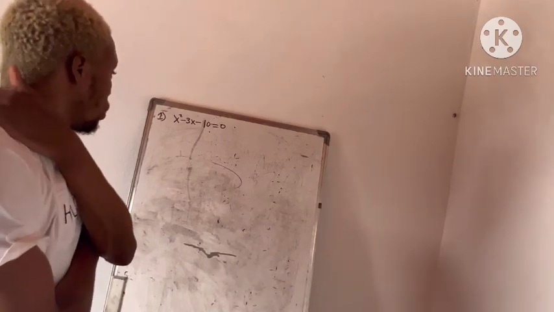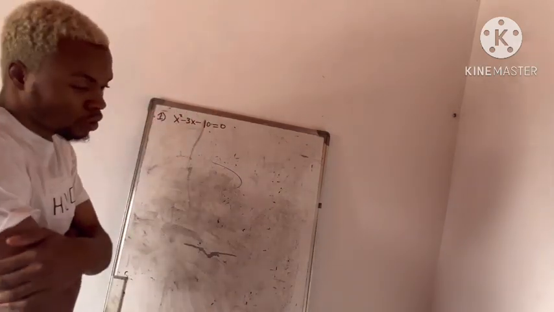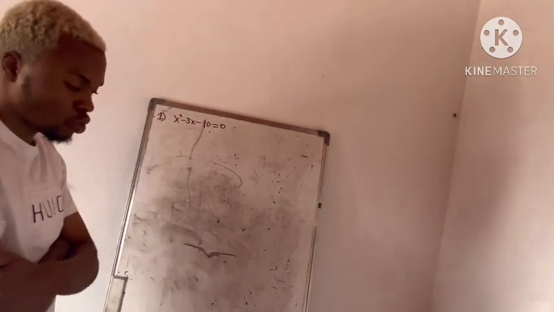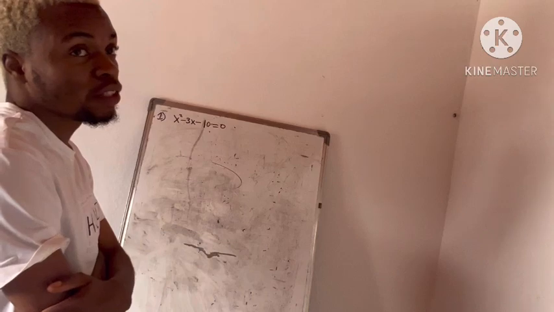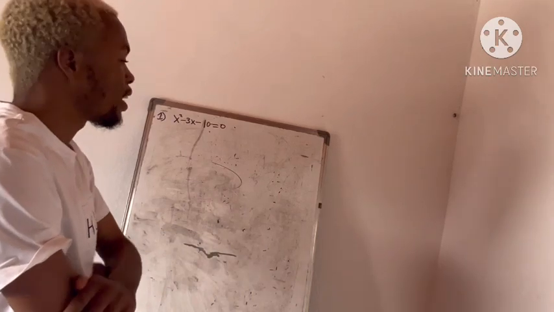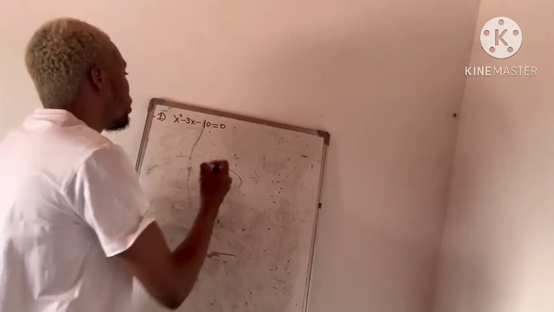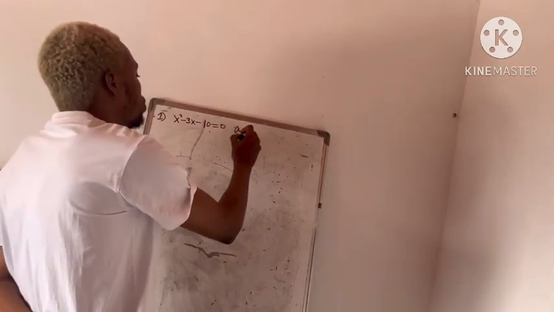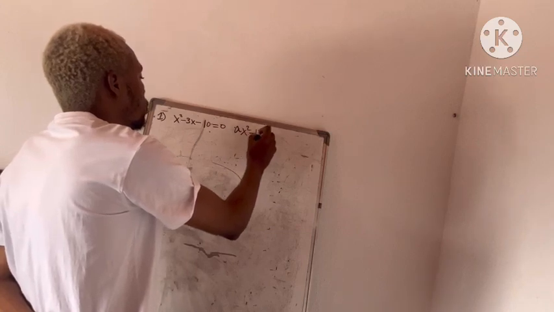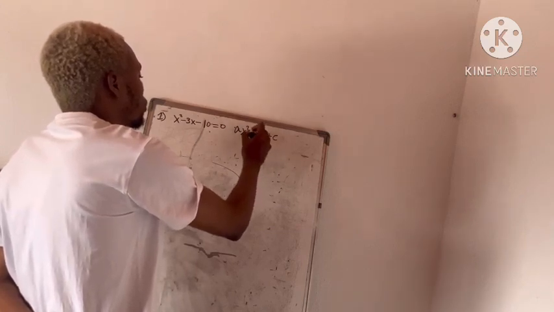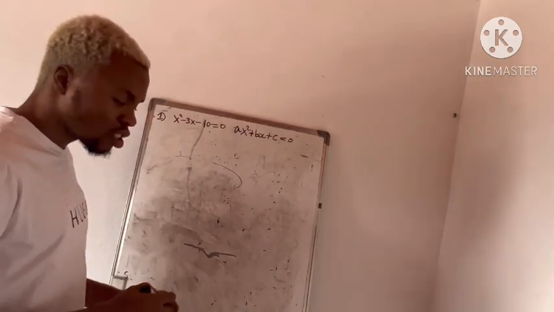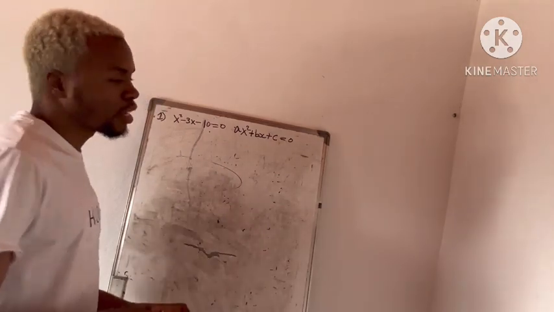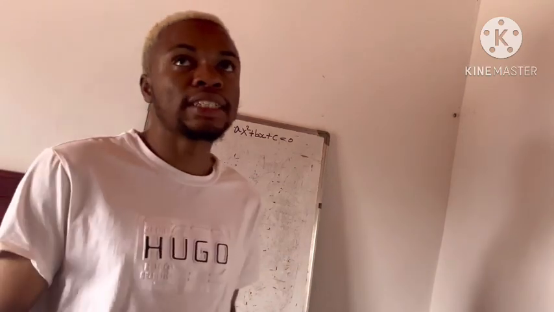Okay? So talking about this equation, x squared minus 3x minus 10 equal to 0. Now, looking at this, the first thing you got to do is to identify. You need to identify, because first of all, this is a standard equation for a quadratic equation: ax squared plus bx plus c. So, solving this,